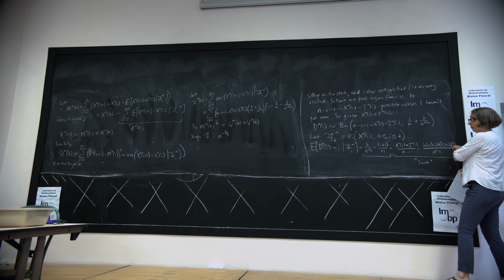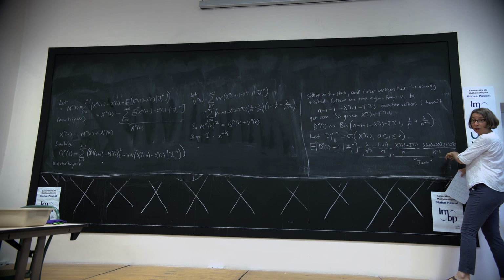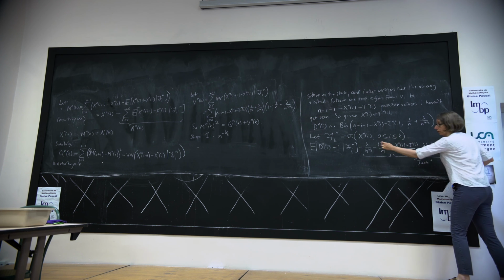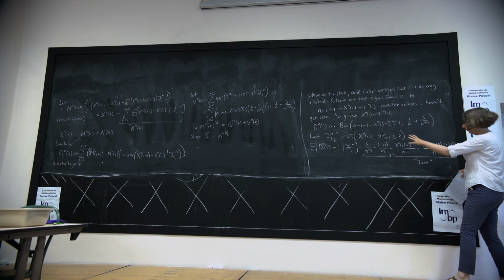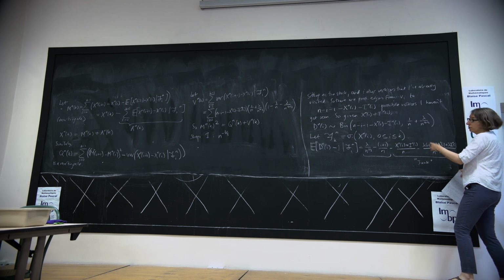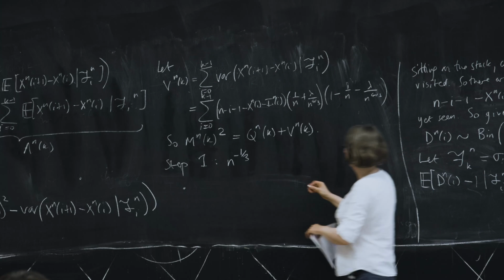If this is, I'm about to show, order n to the 1/3 at most, then again, that's going to be like 1 on n here. That will go away. And if, again, this is like n to the 1/3 on the top, then this is 1 on n to the 2/3 rather than 1 on n to the 3rd. So hopefully it's straightforward to see why, assuming I can show that